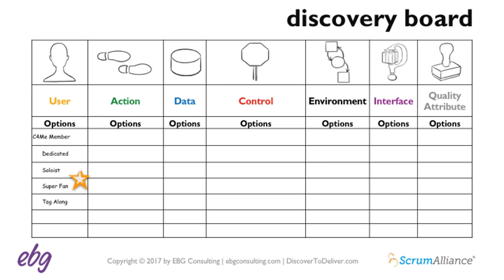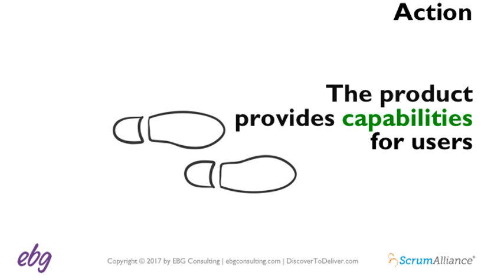Now, for many of the dimensions, we coach teams to use visual models as much as possible. So, for example, for the user dimension, that matrix of personas might be underneath that user dimension section of the wall, or a role map, or one-page persona descriptions. Another thing that I do is I hand a marker to the product owner and ask her to mark with a star or circle among the options which one or ones are the high-value ones, and that also helps the conversation.